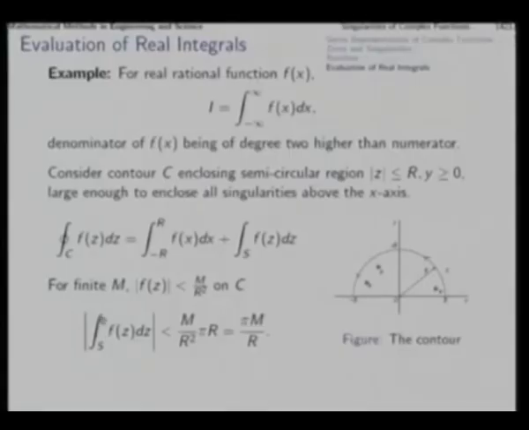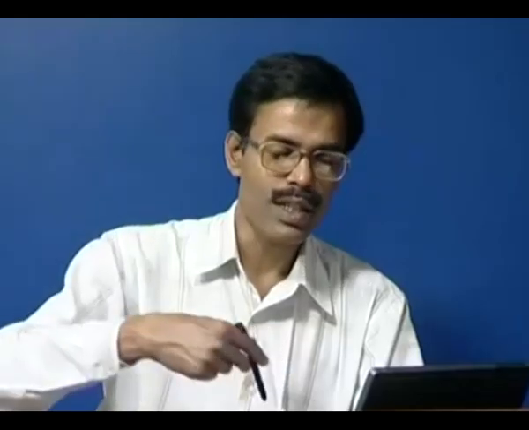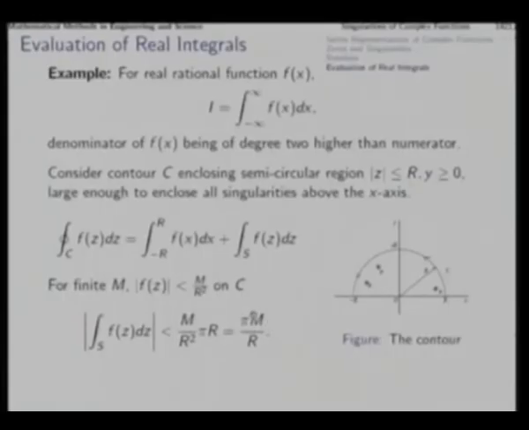Okay. So, as we consider this integral, this part which is not of our interest, this integral will be bounded by M by r squared into the size of the path. The size of the path is this semicircle, pi r. So, we will get pi M by r. That means as r is increased indefinitely, this will shrink to 0. That means in the limit as r tends to infinity, this will be 0,